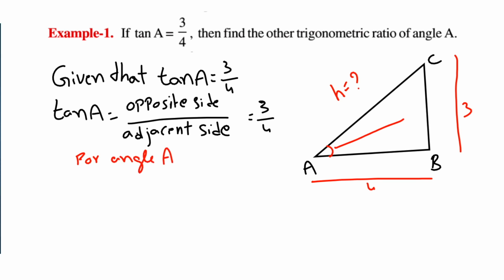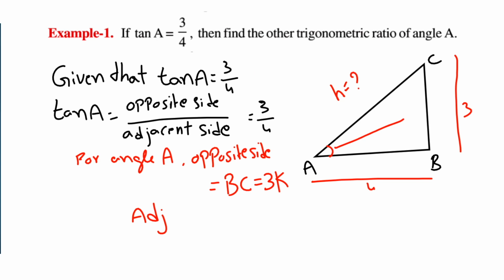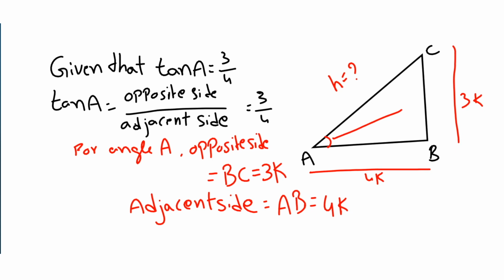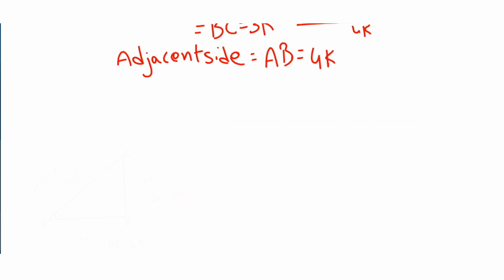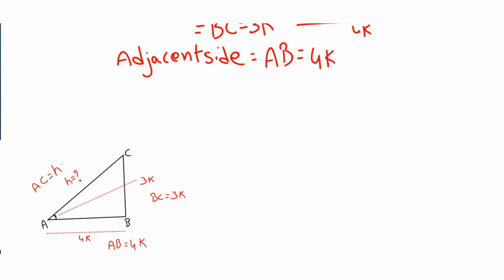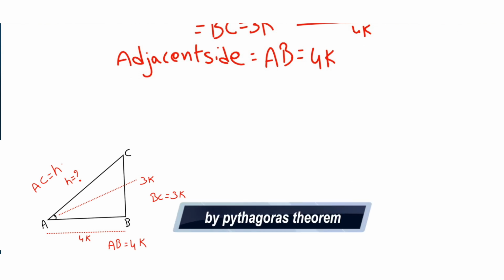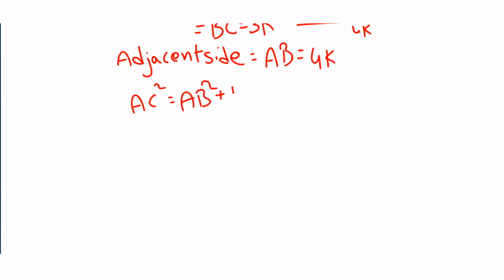For angle A, the opposite side equals BC, that equals 3K, and the adjacent side equals AB, that equals 4K. Here K is any positive number. Now in triangle ABC, by using the Pythagoras theorem, AC square equals AB square plus BC square,